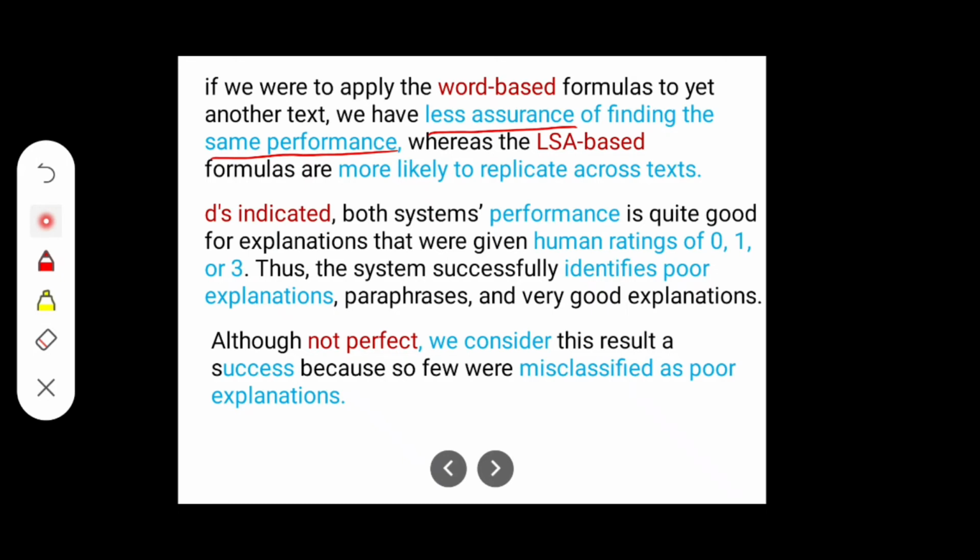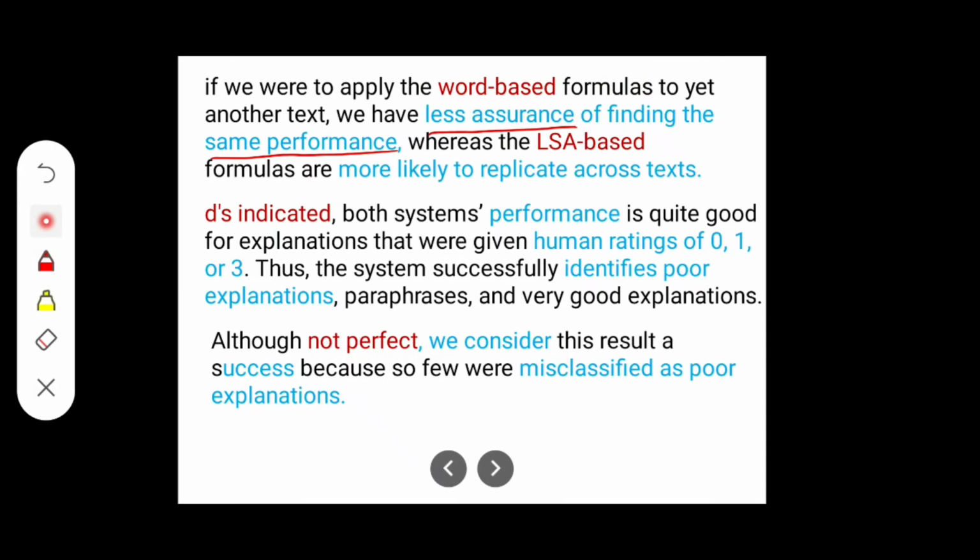That is not the case. So please don't write this example. For your understanding purpose, I have just given that example. Okay, here the same thing they have explained, that is by applying the word based formulas always, we cannot predict,